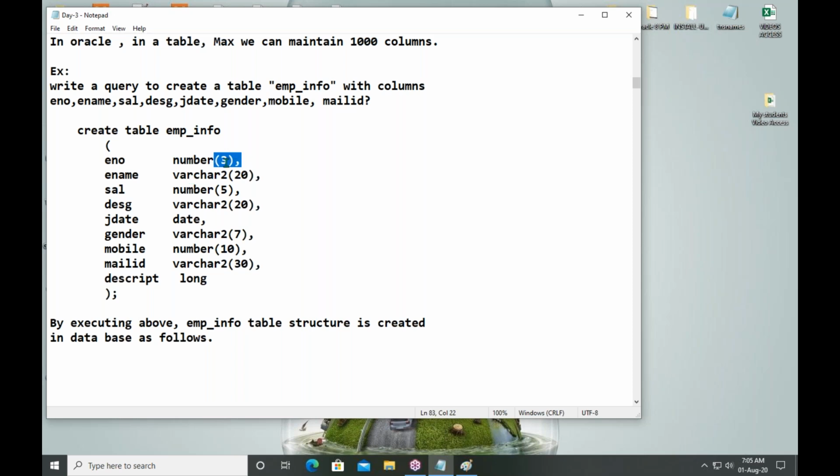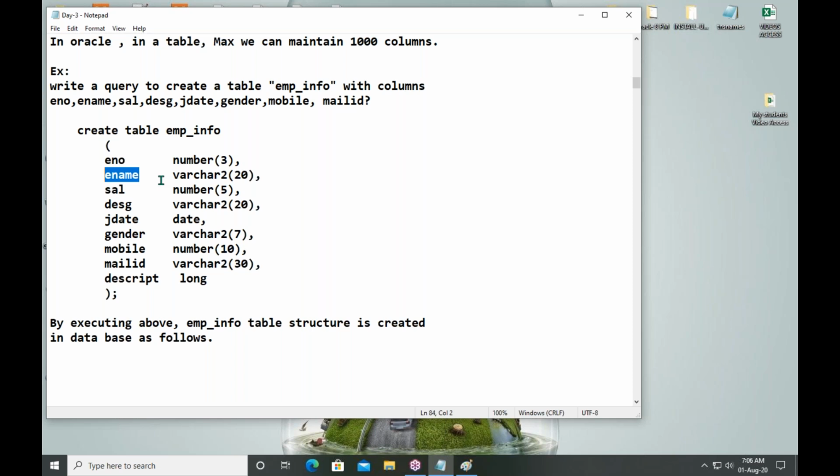So it will accept up to 999, the highest value in the 3-digit length. Next, employee name. What is the data type? Varchar2 of 20. It means into this column we will insert variable length employee names.